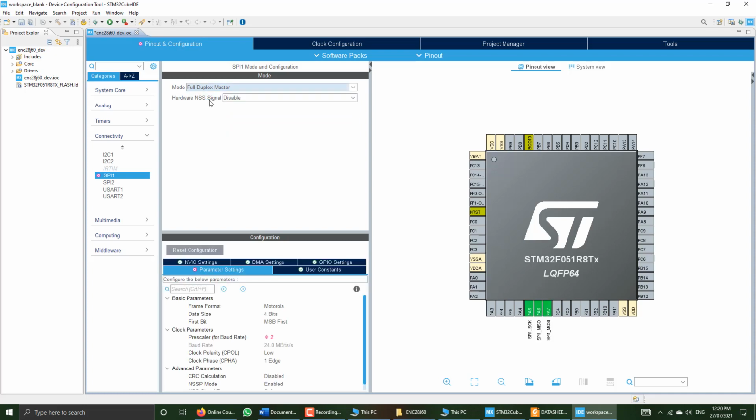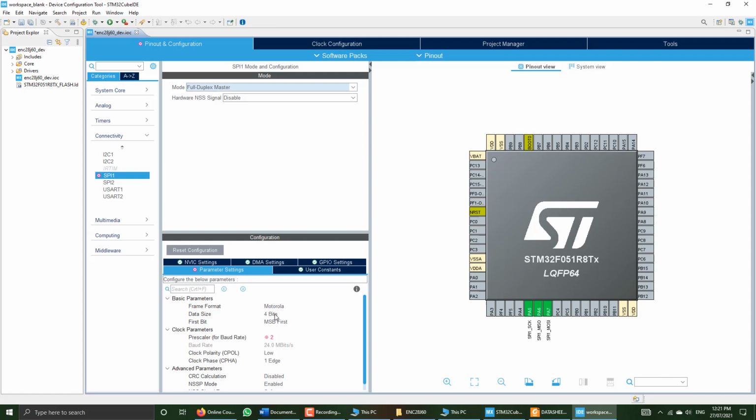And the hardware NSS signal will be disabled. And here are the configuration parameters. We will configure them as per our requirement, that is, the requirement of our Ethernet controller IC, the ENC28J60. So first, the frame format is Motorola, leave it as it is.